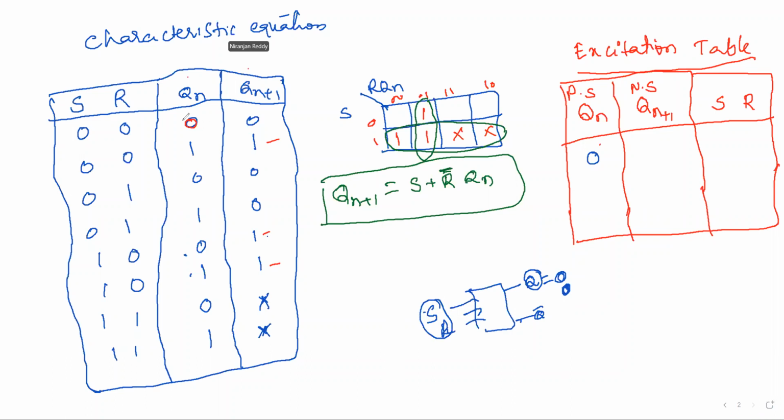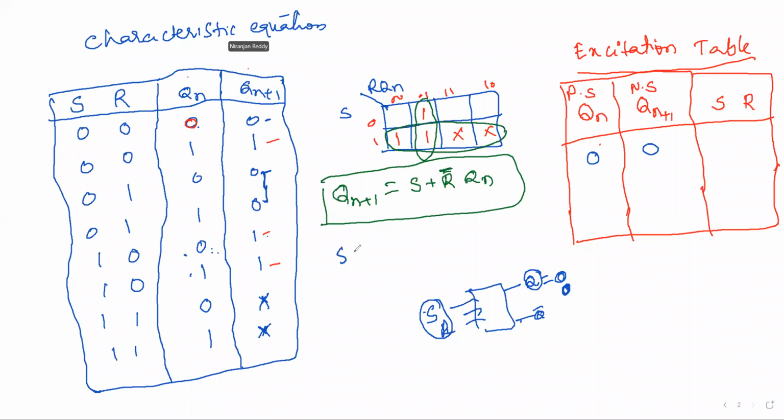So in such a case, see, take Qn, where there is a 0 here. Next 0 is here. Next 0 is here. 1 0 is here. 1 0 is here. Present state Qn is equal to 0. I want the next output also 0. Next output 0, see where, here one, here one, these two are the same, right? Okay, these two are the same because 0 1 0 1, here 0.